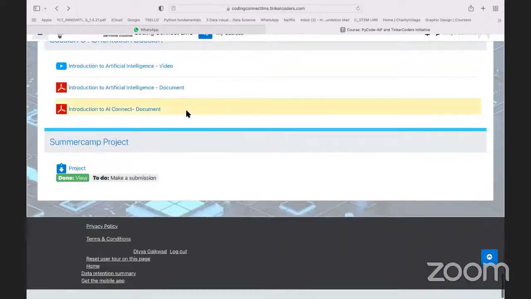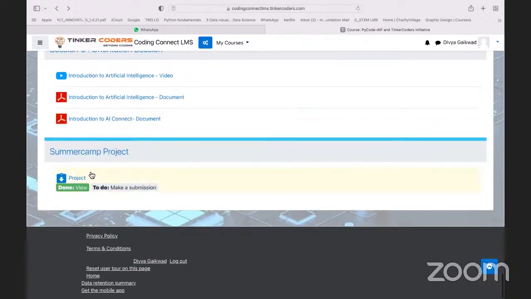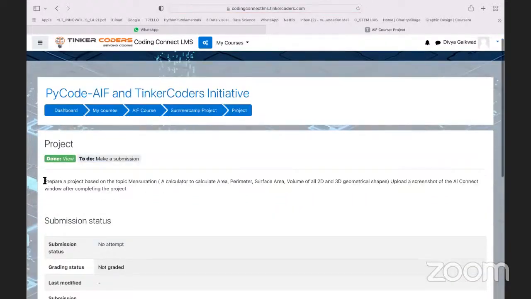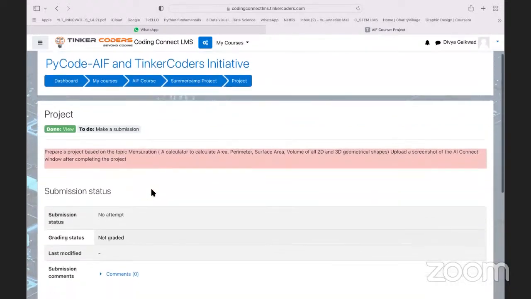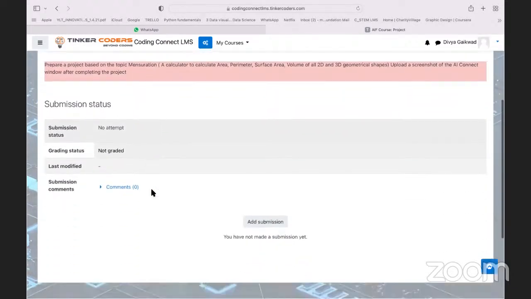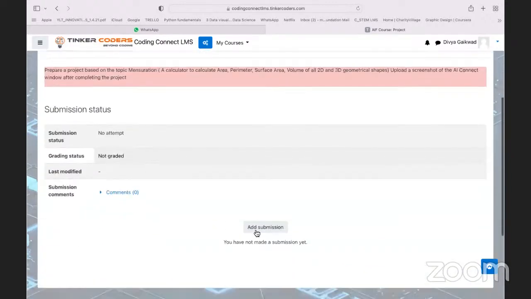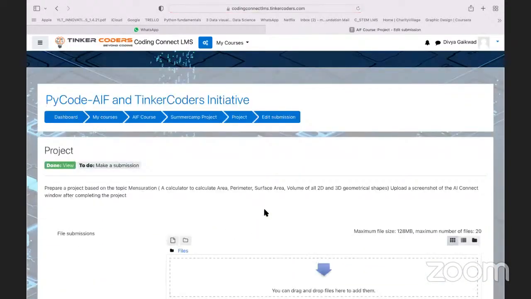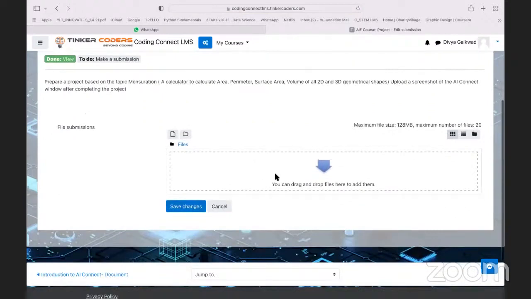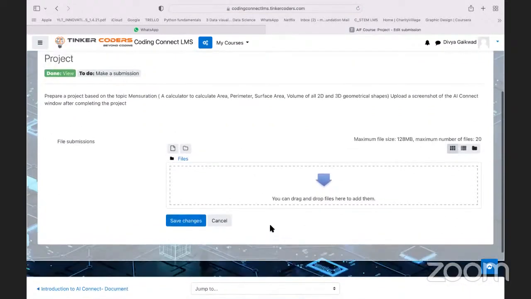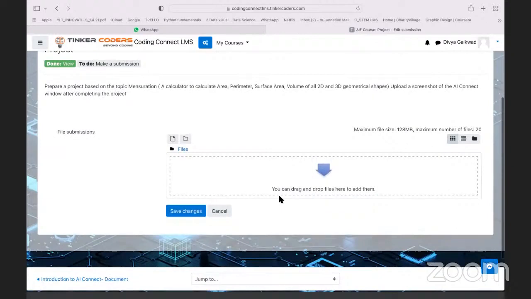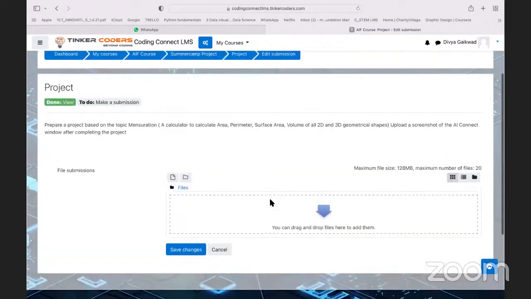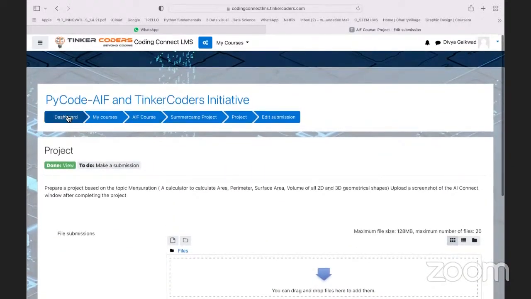And the one other thing that we have for your summer vacations is this summer project. When you click here, you will get this questionnaire, which says what you have to do in this project. You will read the question and follow these instructions. And as you all know, the first step to submit your assignment is you come over here, take a screenshot of your code and your output, and drop it over here. We hope that you all will do all these things.